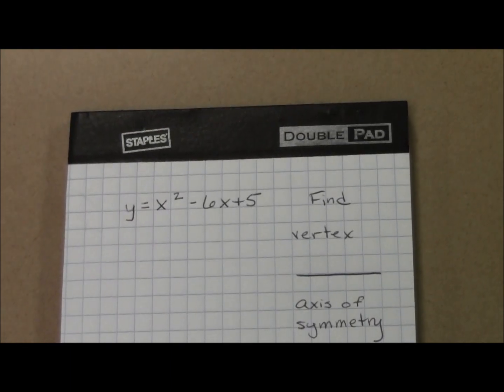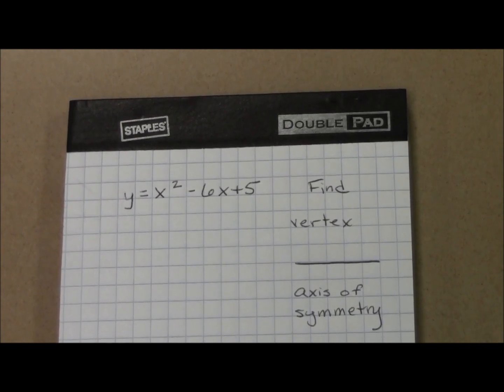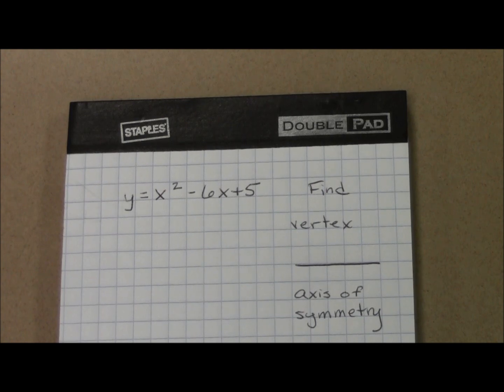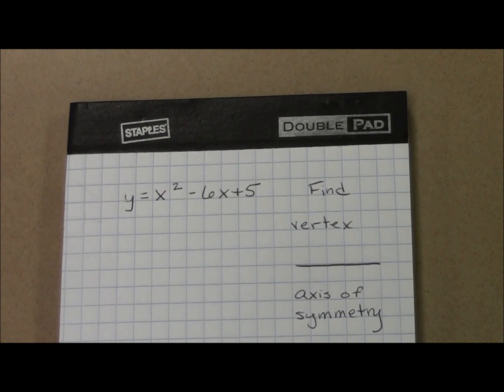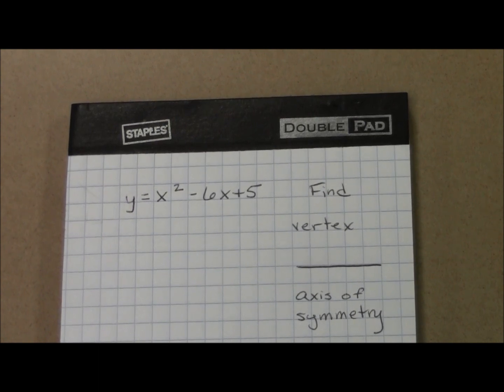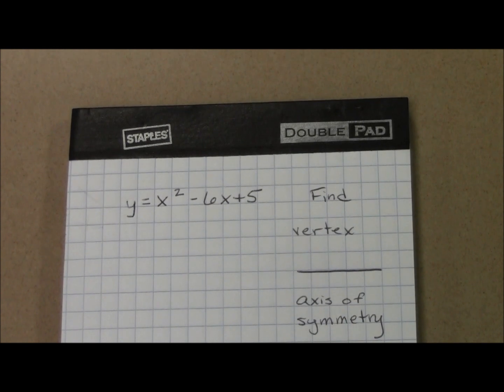So we're going to start off with a fairly simple equation. That equation is y equals x squared minus 6x plus 5. We all need to recall that in a quadratic equation there are three distinct parts. There is the quadratic part, which is the x squared, the linear part, which is negative 6x, and the constant part, which is